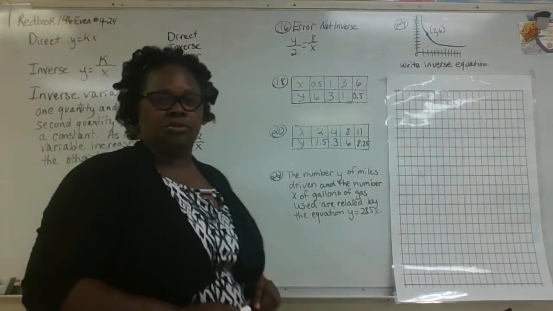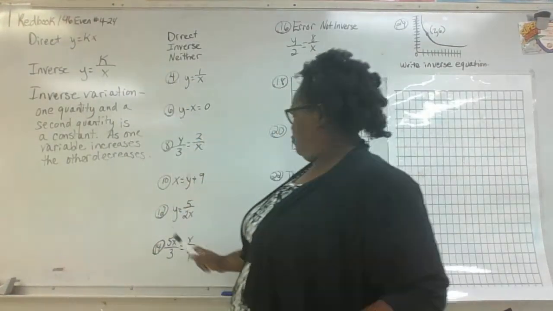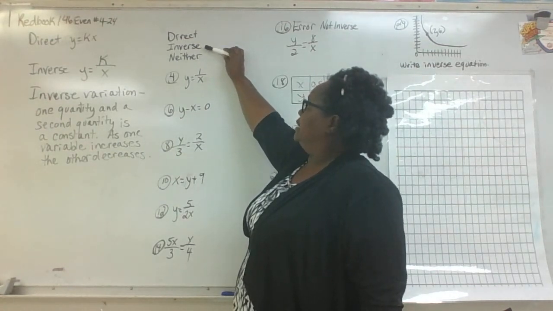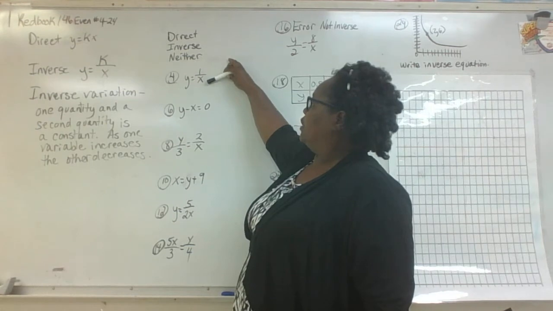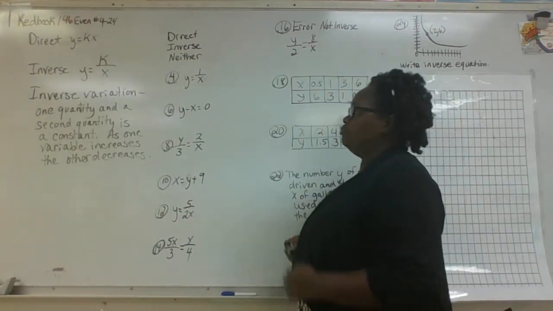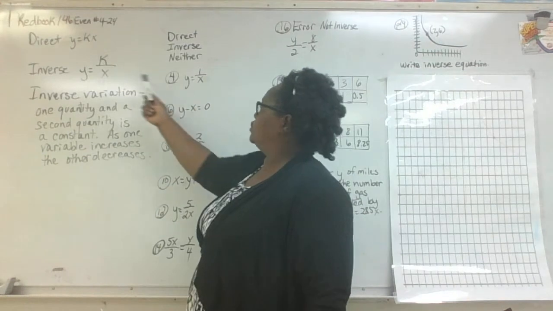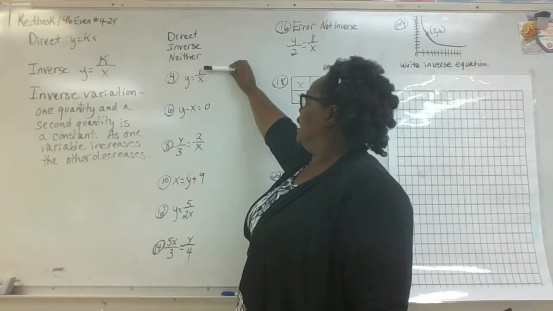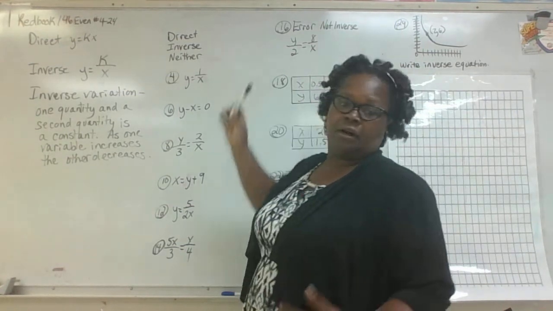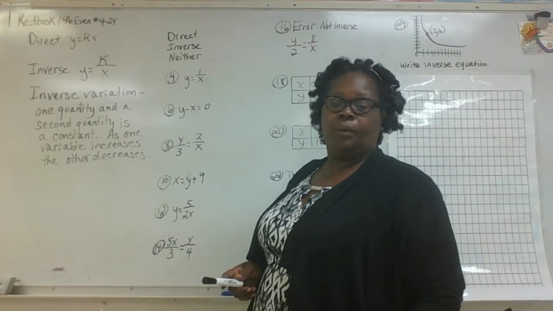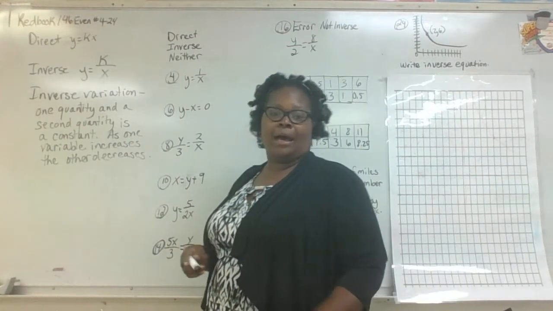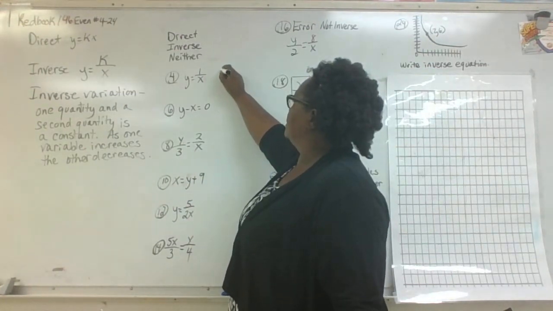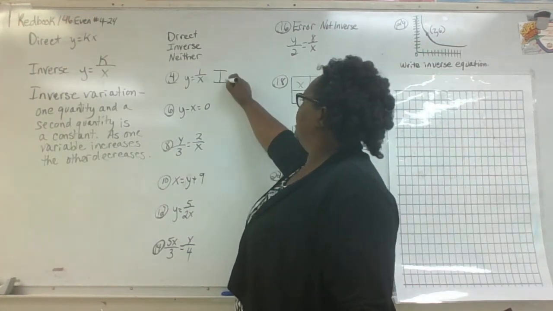So let's take a look. We are going to start with numbers 4 through 14. It asks us to identify if it's direct, inverse, or neither. Let's start here with number 4. In pure comparison of this equation to this equation, we see that our x is in the denominator. Our numerator is a whole number. It's not 0. And so this is equal to y. Therefore, just by looking, we can determine that this will be considered inverse. So we're going to put an I there for inverse